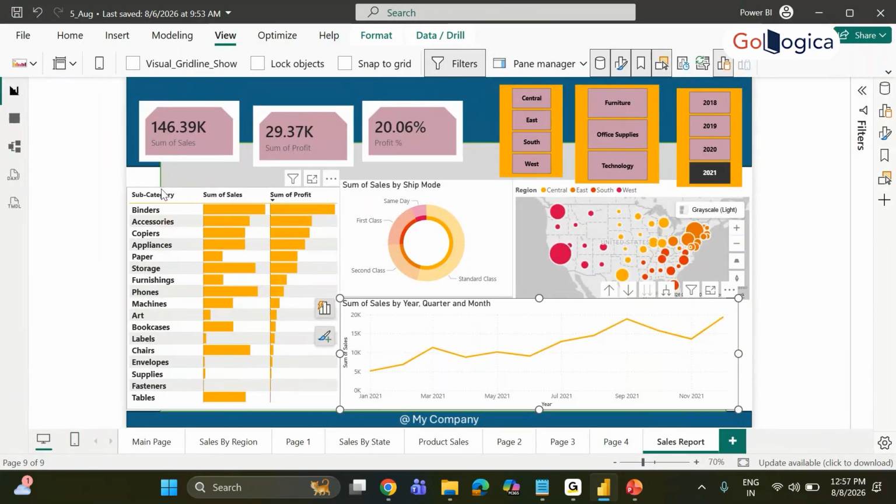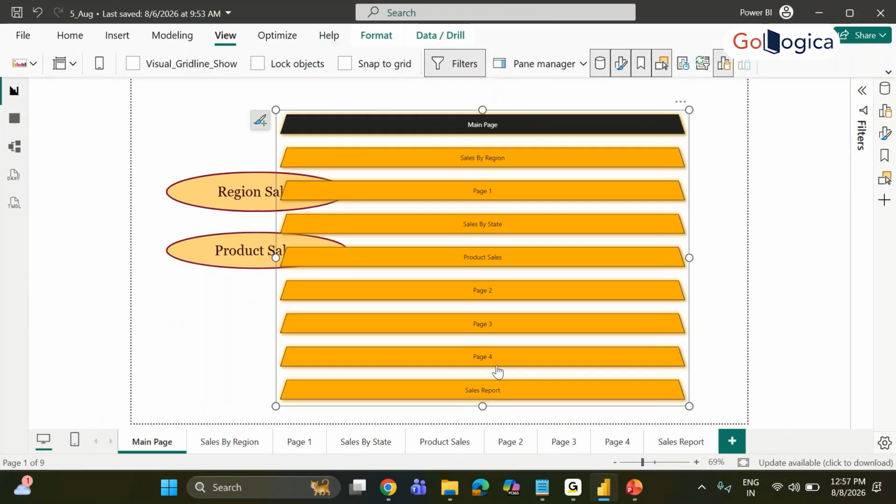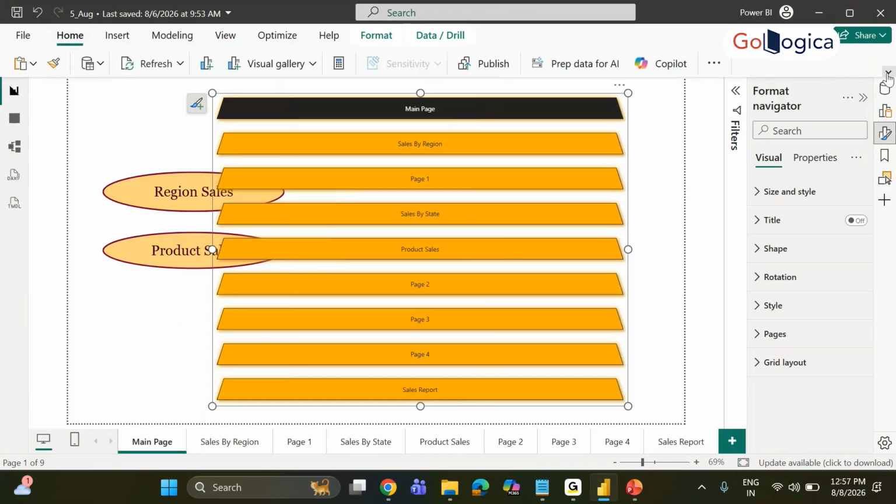And once it has been done, you want to publish this report. So you want to have a main menu. The main menu will be updated. I think the sales report is automatically updated here, since we took it, so it has been updated. So here also a bit of formatting can be done. Okay, fine. Now if you want to publish this particular report,